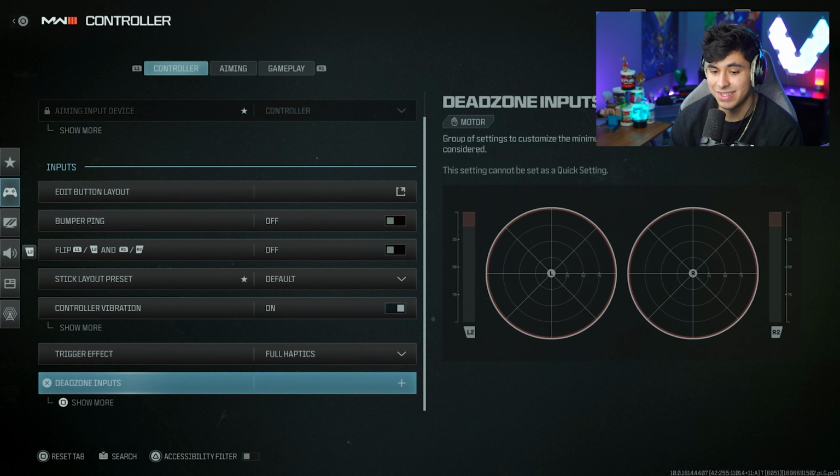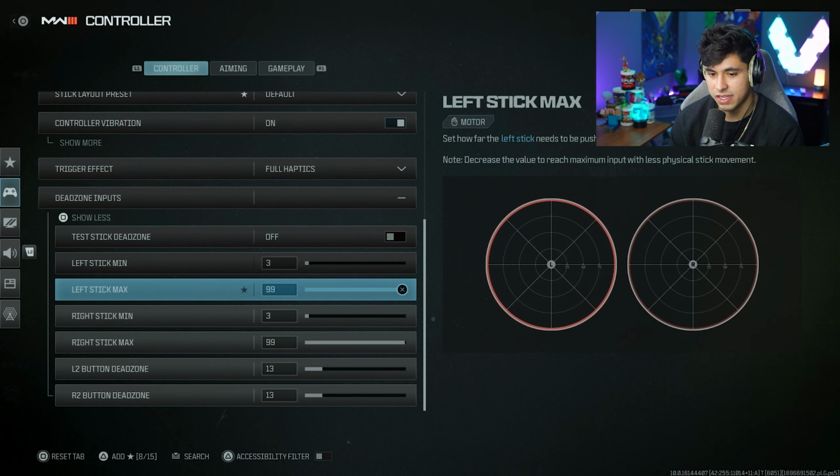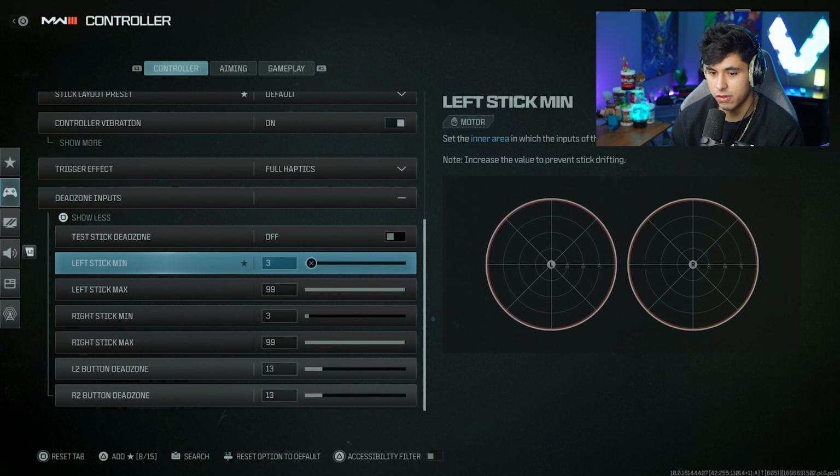The first important one is dead zone inputs. So if we open this up, you've got left stick min, left stick max, right stick min, right stick max. The only ones that matter are the minimum ones. What this really means is, for left stick min, the lower the number is, the less you have to move your analog stick for the game to recognize you moving it. So the lower the number, the less you have to move your stick for your camera to move in the game. The goal is to get this as low as possible because that will let you have faster reaction times. The only downside is if the number is too low and you have stick drift on your analog sticks,